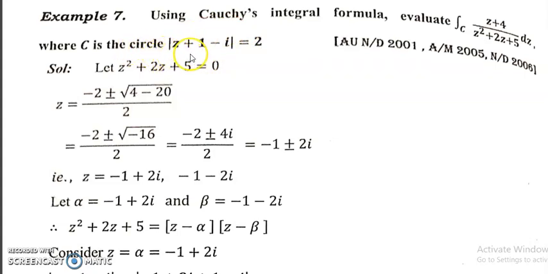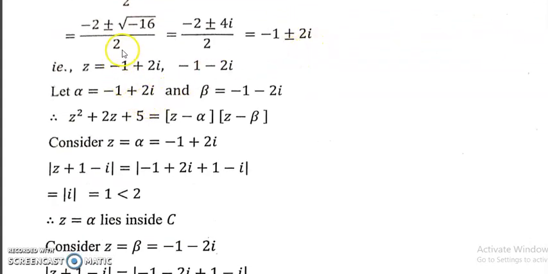And how do we find whether this particular point lies inside or outside? For z we will make the substitution, that is, we substitute the alpha value for z, and verify whether the result is less than 2 or greater than 2. We know this is the radius. If it is less than the radius, then it lies inside. If it is greater than the radius, then it lies outside. So that is the verification part here.